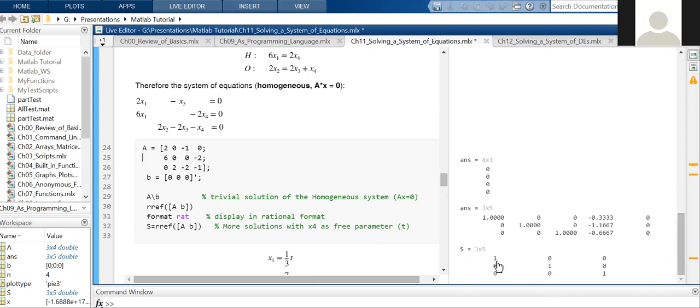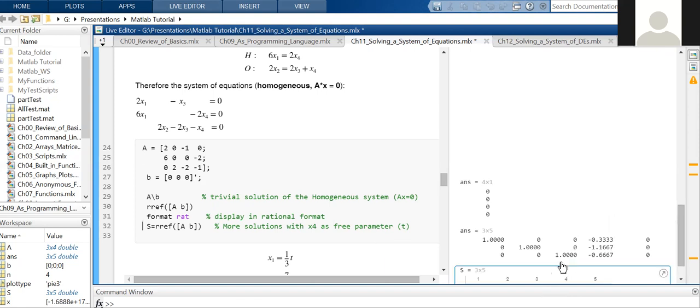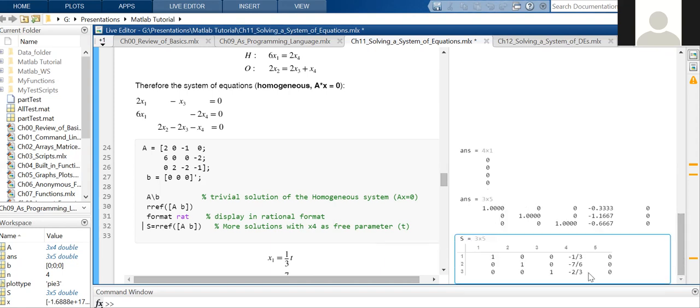If I click here, of course this is 3 by 5. This is also 3 by 5. It is not showing here, but if I click here, you can see everything. The screen is small, so that's why it's hiding. So your result, if I put that, you can equate that the row reduced echelon form equals the same thing. So you have this solution. So you have A as the identity matrix, and the last part,